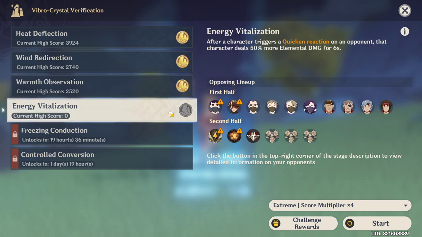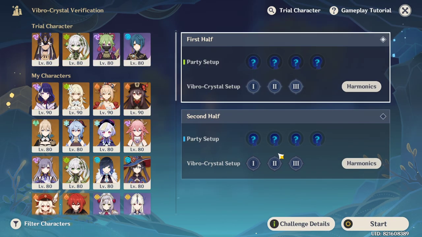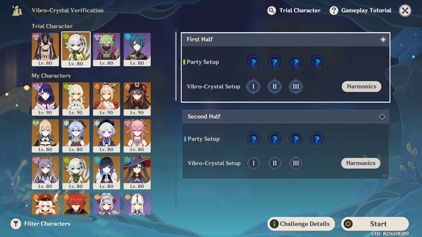But we were still easily able to take out the Primo Geovishap even on my first attempt. However, this team is already kind of beaten and bruised if you look at Lisa's health and Kaya taking some serious damage. Let's go ahead and try this team out against some random...